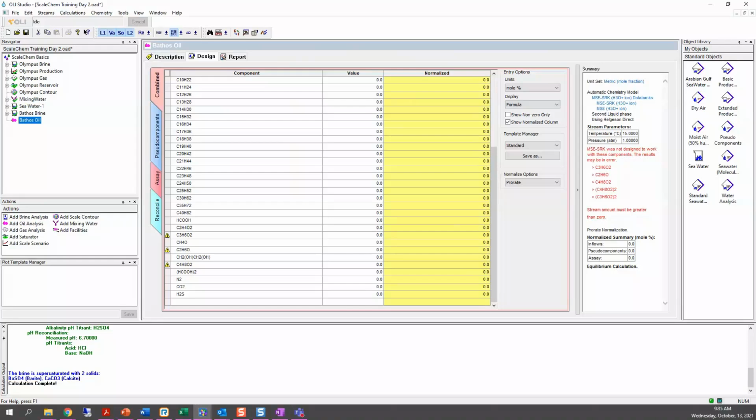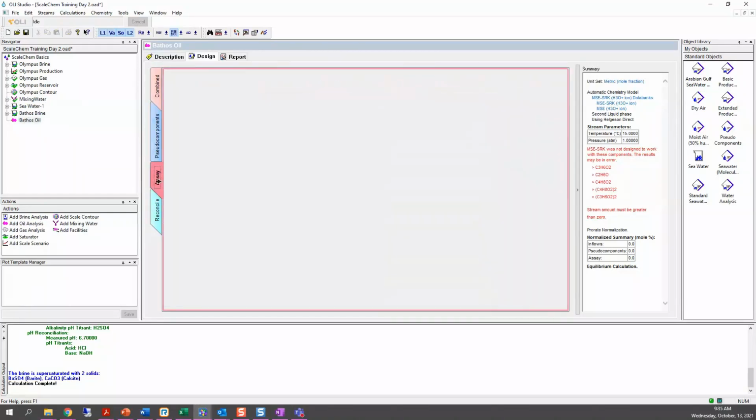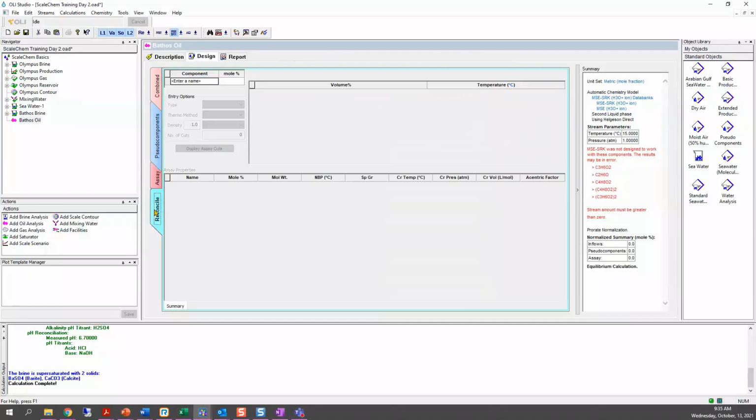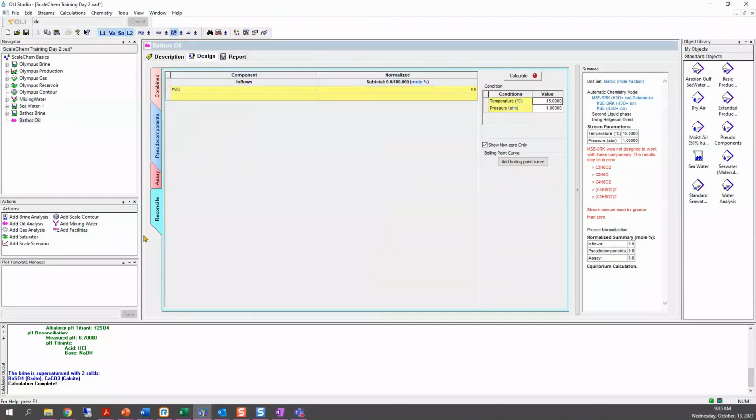Notice that when we bring in this oil analysis, there are 4 different tabs. We have the combine tab, the pseudo components tab, the assay tab, and the reconcile tab, which we are also familiar with. That is the one we use to calculate the properties, in this case, of the oil.